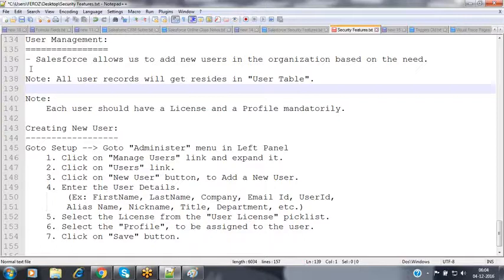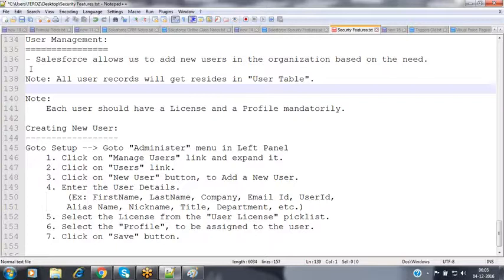First of all, we have to enter the details of the user. After entering the details, when you click on the submit button, nothing but the save button, the user record will be created, and the user account activation link will be forwarded to the email ID of the user which you have specified.